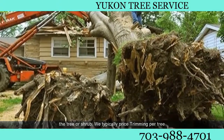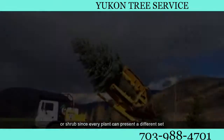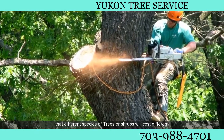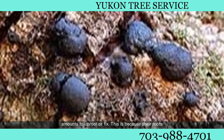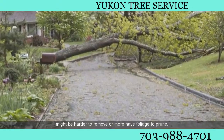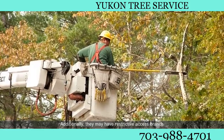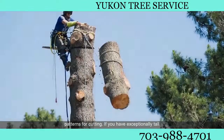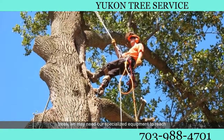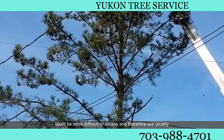We typically price trimming per tree or shrub since every plant can present a different set of challenges or issues. It is very important to understand that different species of trees or shrubs will cost different amounts to uproot or fix. This is because their roots might be harder to remove or they have more foliage to prune. Additionally, they may have restrictive branch patterns for cutting. If you have exceptionally tall trees, we may need our specialized equipment to reach their branches. Trees that may have grown in odd ways could be more difficult to access and therefore are usually more expensive